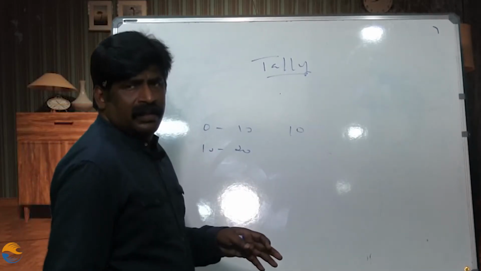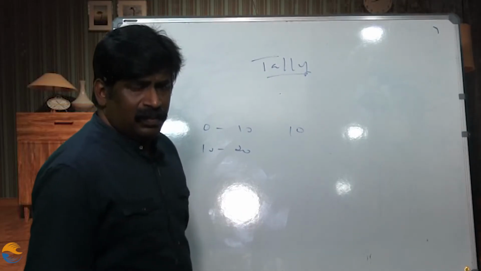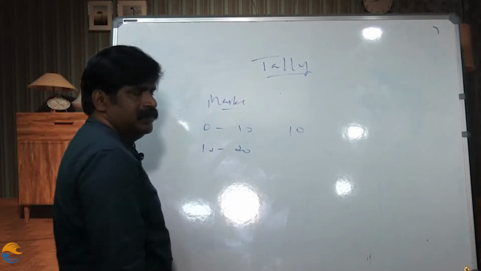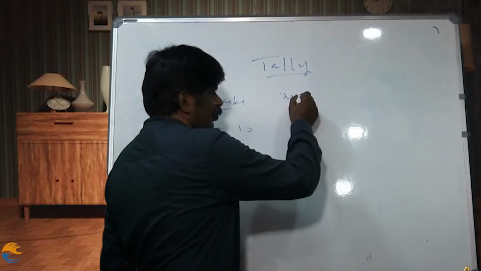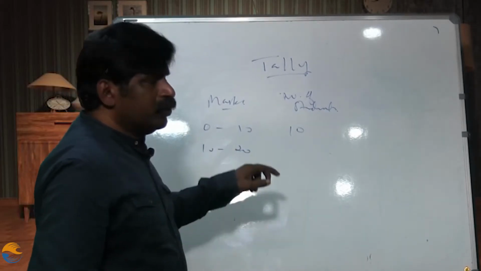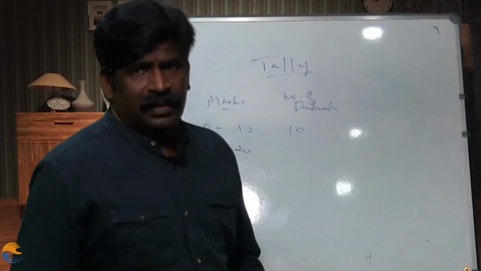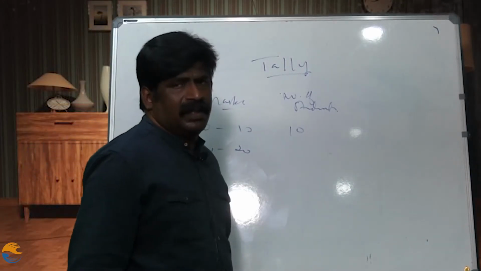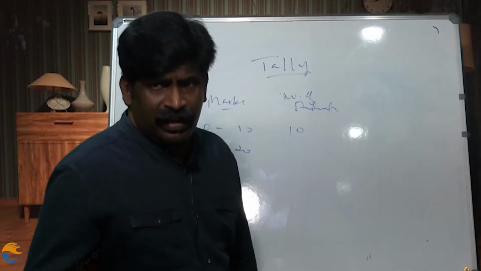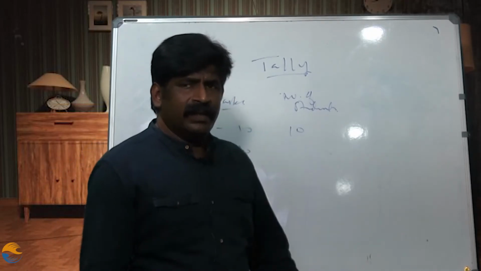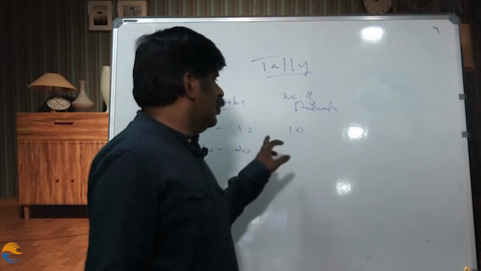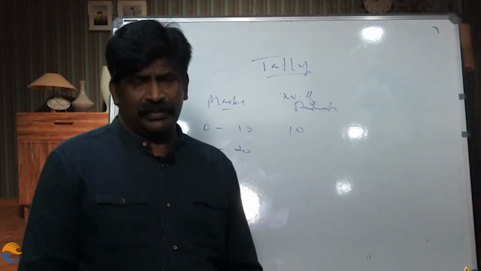Here, actually, in our example, we collect marks of the students. This column will be marks, and this will be number of students. Between 0 to 10 marks, 10 number of students are there who scored between this. That means out of these 10, some may score 0 and some may score 10 and some may score in between. So from 0 to 10 there exist 10 members.